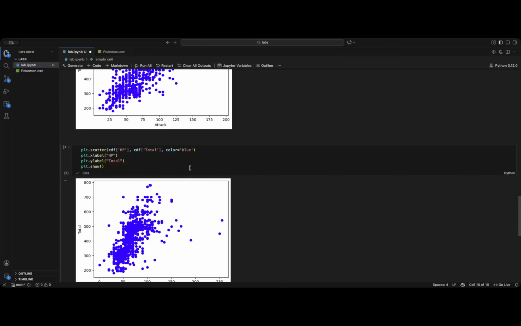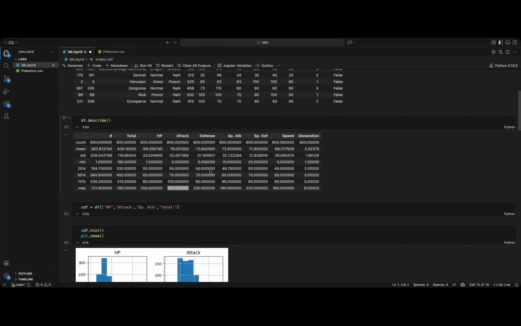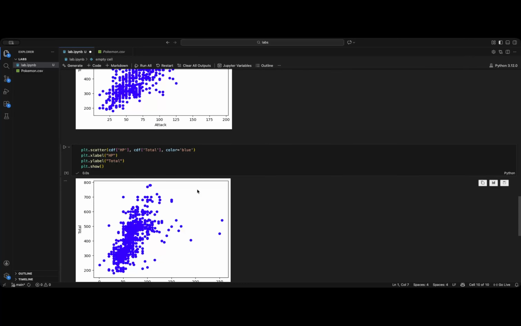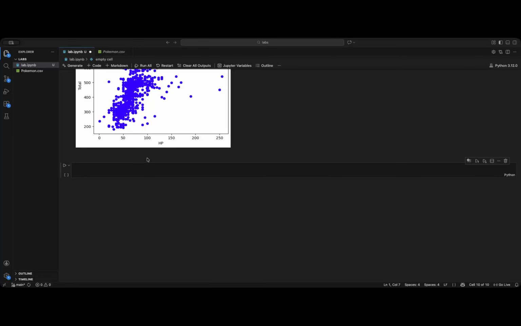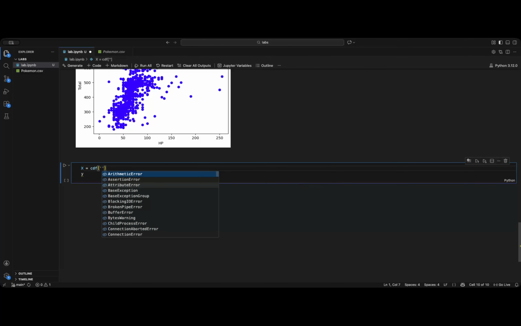So these steps I did are just for us to choose our feature. So probably attack and special attack, okay? We chose our feature already. What do we do now? Before splitting, we need to extract. So extracting x and y. For us to extract, we want to extract only one feature, so only attack, and here we want to extract total,